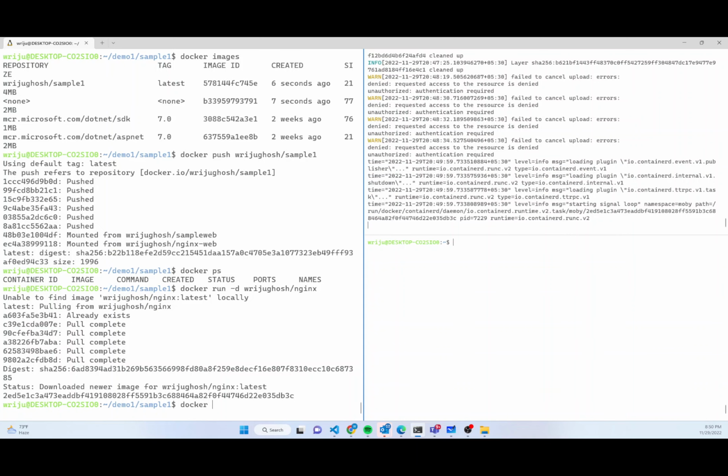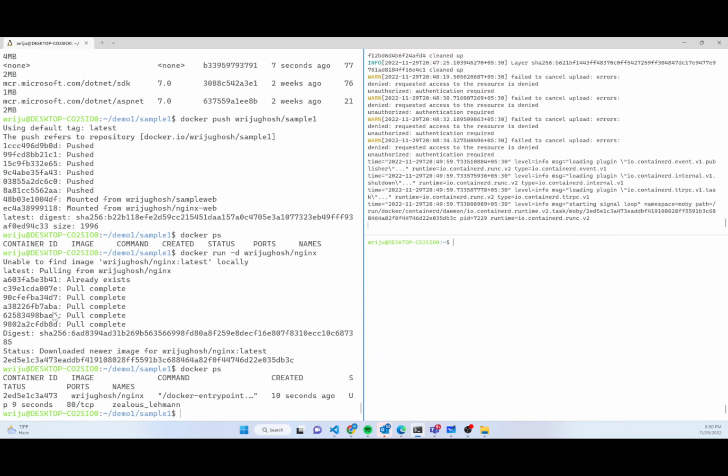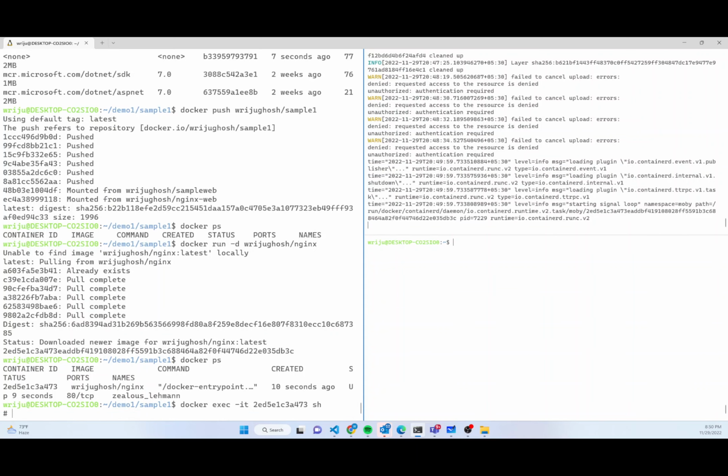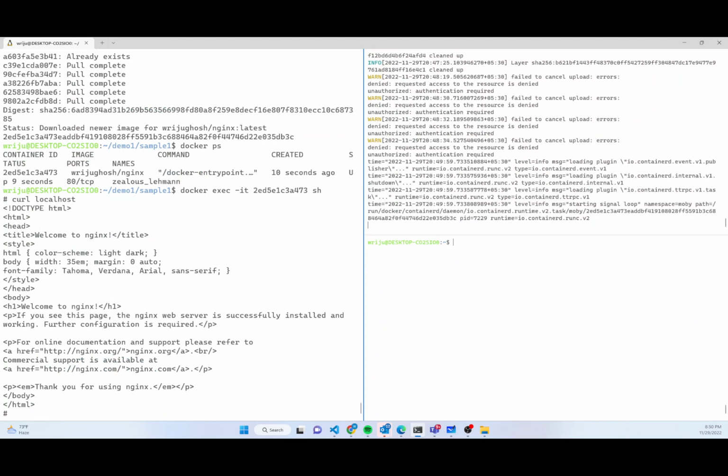I said Docker PS, and I get to know the ID, which is important because I have not given any name. So I'll use the ID, and I say Docker exec -it, the ID, sh, and I say curl localhost, and you can see that welcome to nginx is getting displayed. And I say exit,